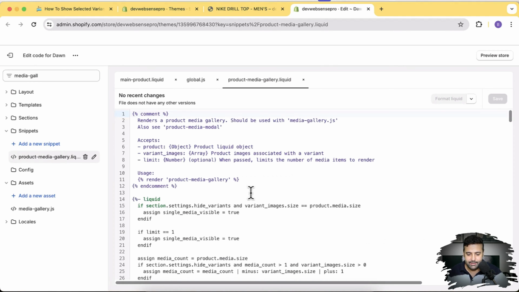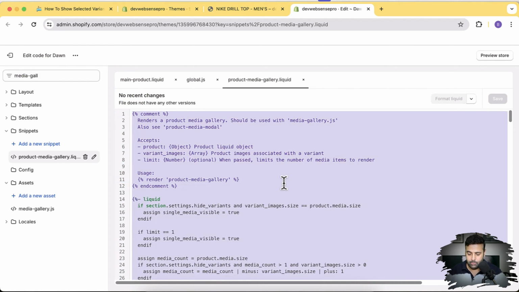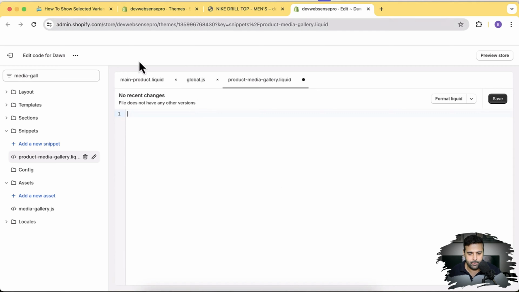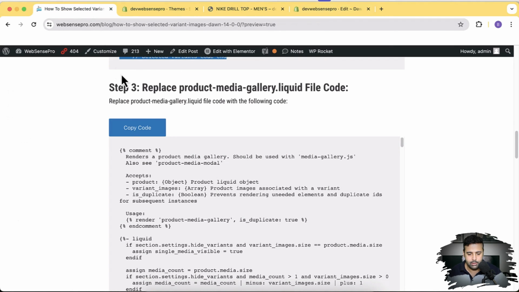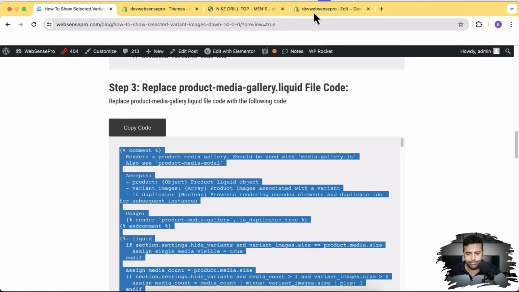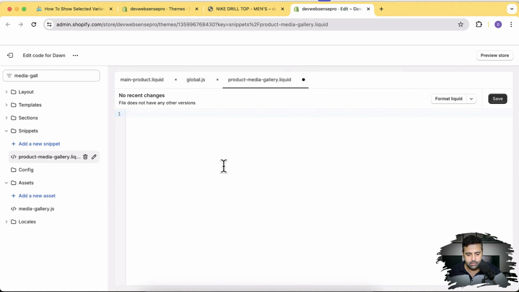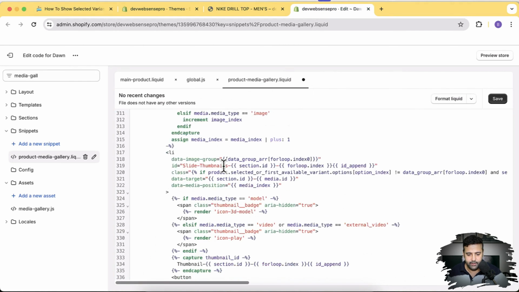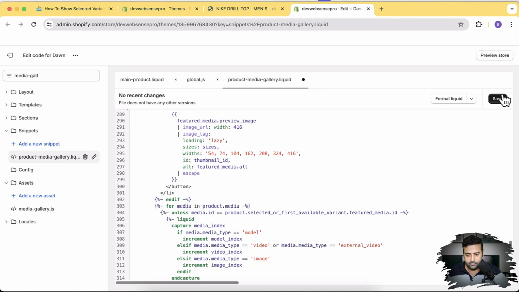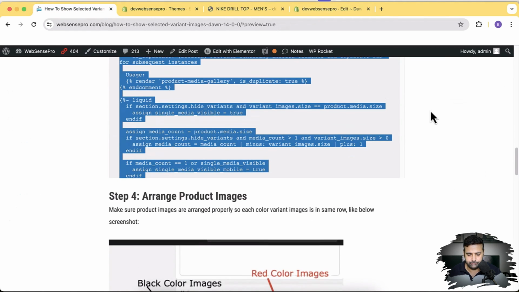Now we will be replacing all of the code present in this file. So I'm going to select all of the code in the file, remove it, go back to my tutorial, click on copy code and paste. Perfect. After pasting the code, hit save. And now let's move on to the next step.